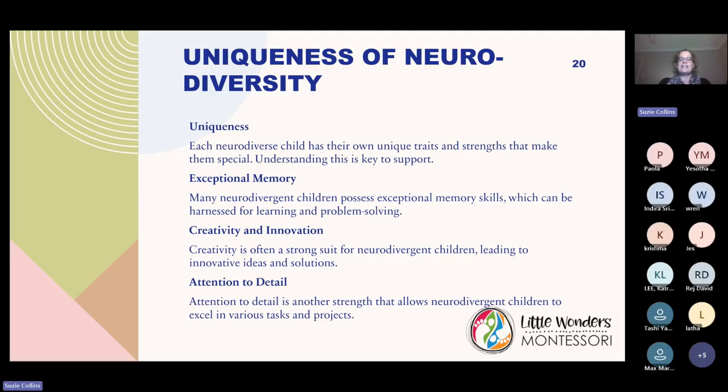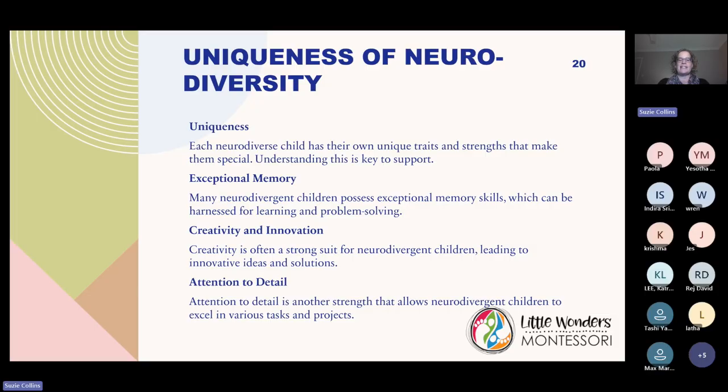There's also some uniqueness that goes with neurodiversity. Each child has their own unique traits and strengths that make them special. And if we can understand that and harness that and build on those strengths, amazing. Many neurodivergent children actually have exceptional memory skills. So again, let's harness that for learning and problem solving.